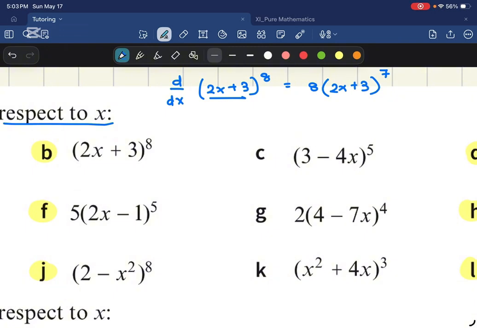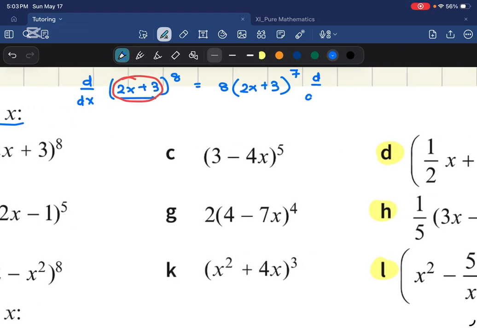Now you ask the golden question. Ani x dega? Was the stuff that you're differentiating x? No, that was not x, so you want to differentiate it again. So you differentiate 2x plus 3, the inner function. So you differentiate f, remember, f dash of g of x, and then you differentiate the g of x function, g dash of x. So when you differentiate this part, you're going to get